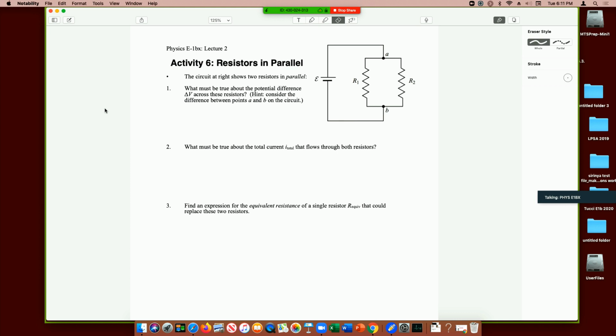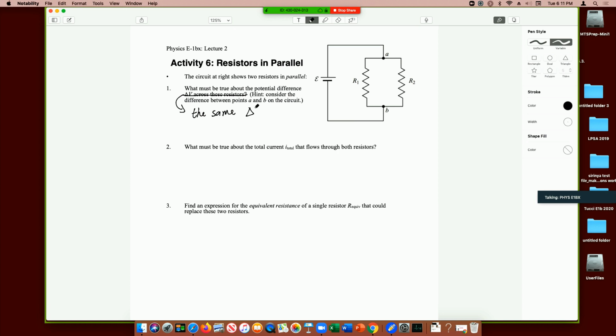Okay, so how about in parallel? How would you answer this question? What must be true about the potential difference delta V across these resistors? Do they add like they do in series? No, right? So the potential difference is the same across these two resistors. And not only is it the same, it's the same as the EMF of the battery,